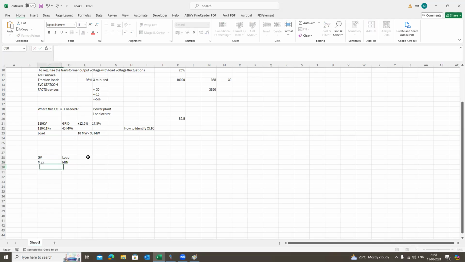Here I am considering the minimum. Similarly, the grid voltage is maximum and load is also maximum. Next, the grid voltage is minimum and load is minimum, and the grid voltage is minimum and load is maximum. Now, out of these four cases, two cases will give you the extreme conditions. As we discussed yesterday about the 9 cases, only 2 cases will give you the extreme conditions. So if we perform this for the,